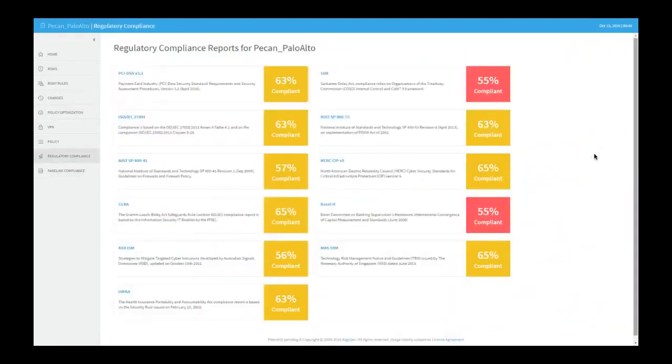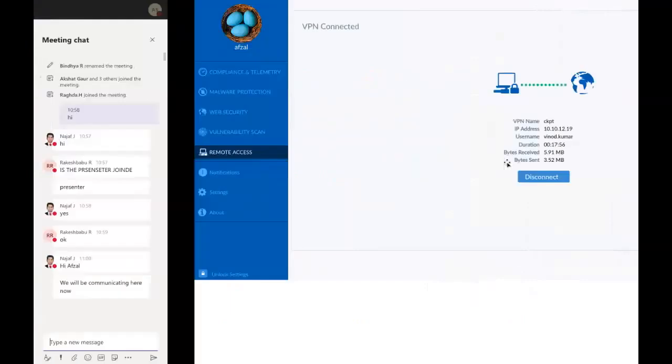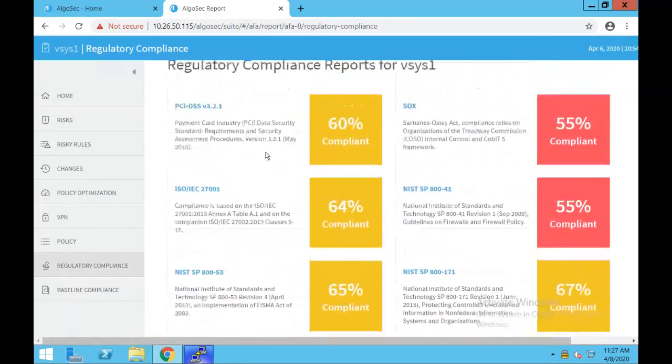Right? So then how does it ensure that you're compliant? So there could be any compliance standards that you might be adhering to. It could be ISO 27001, or it could be PCI DSS, it could be HIPAA, it could be anything. So all you need to do is, once you run the scan, you go to the regulatory compliance module, and then you can select the compliance standard that you might be adhering to,